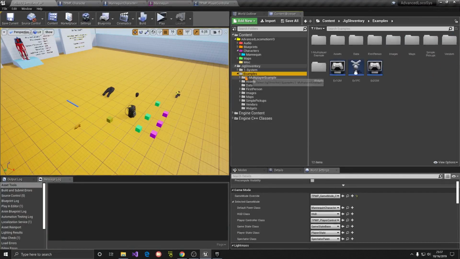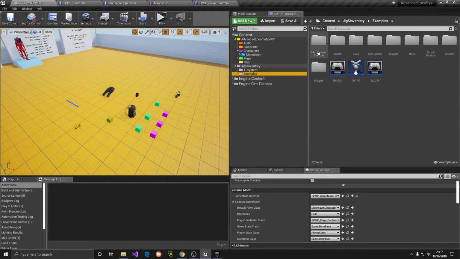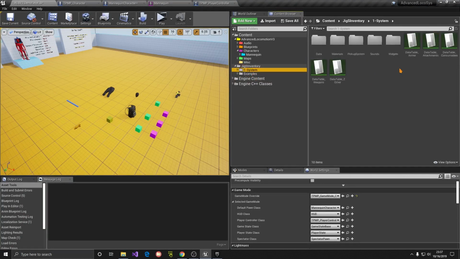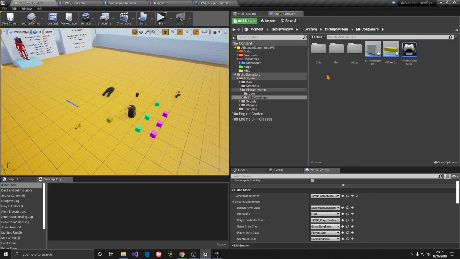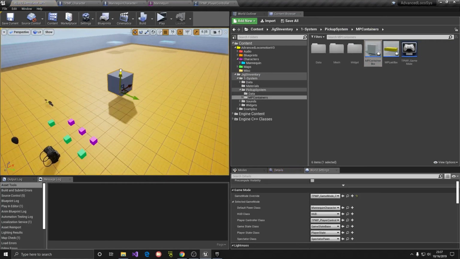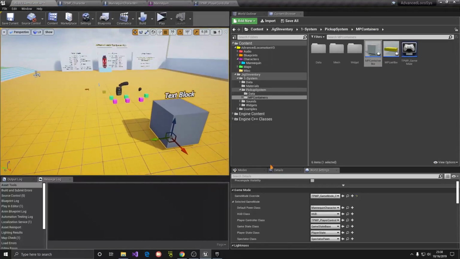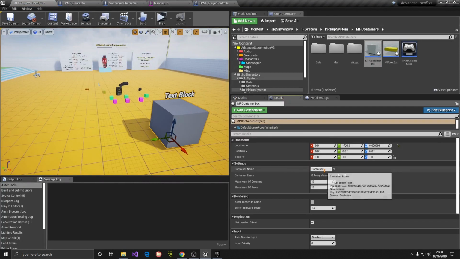You can add other things such as, okay, let's see, examples. No, actually system. Let's see, pickup system, MP container, MP container box. Let's add a container here. So what is container gonna have? We can select the container, and you can go to the data table. Now everything's not in the data table. Anyway,